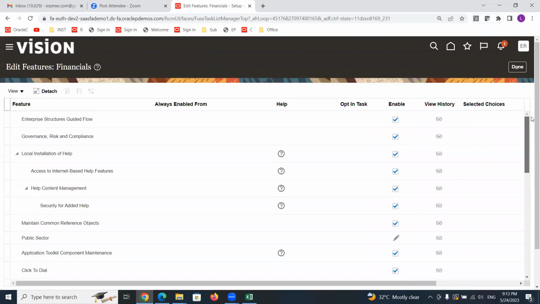Ask a question, please, just to make sure I understand. You're saying that for financials, you have to enable everything. What if you do not enable everything at the onset? Can you always come back and add some features later?